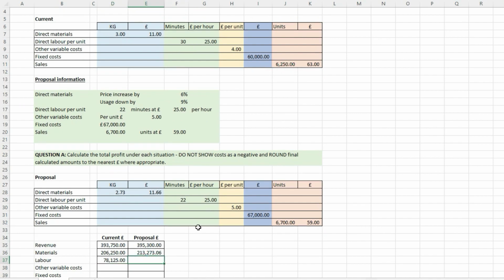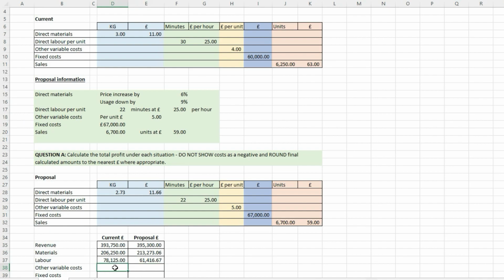So with this one, labour hours are 22 minutes to create 1 product. So to calculate this, don't overcomplicate it. Instead, I would take the total pound per hour, which is 25, and I would divide that by 60 minutes, the 60 minutes in an hour, and times by 22. So take the total cost per hour and divide that by 60, and that's going to give you a total price per 1 minute. And then we times that by total units, so 6,700,